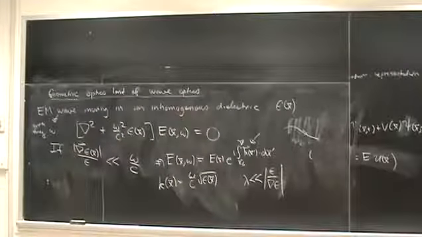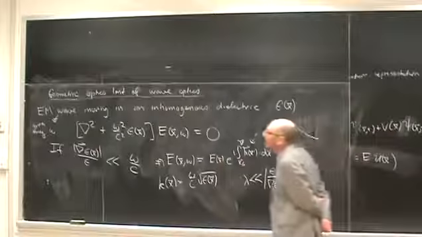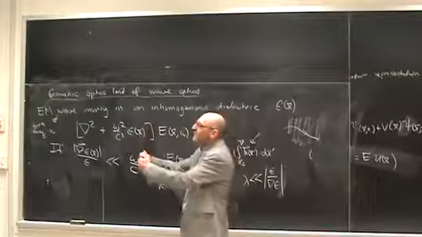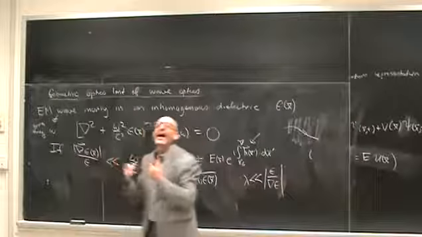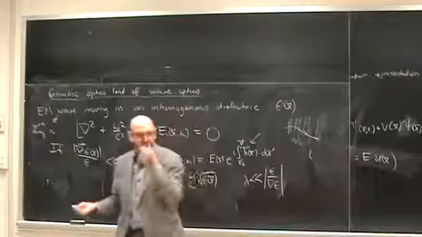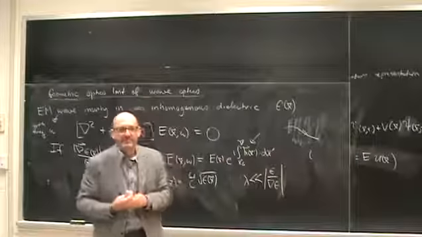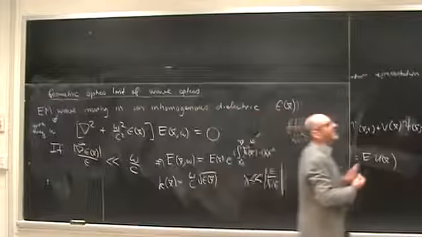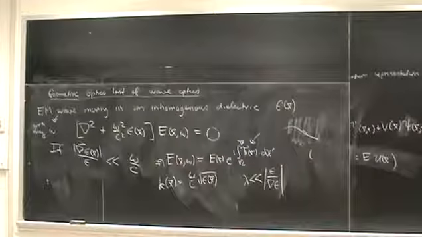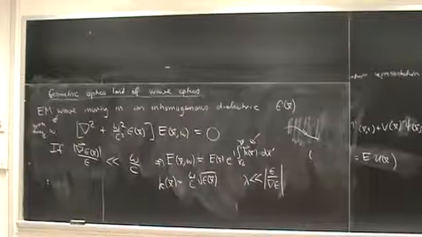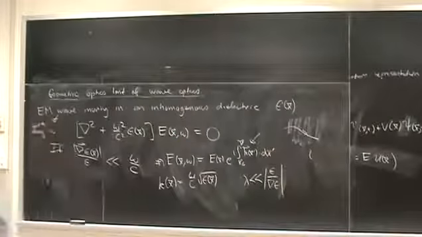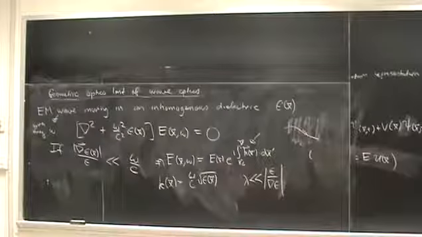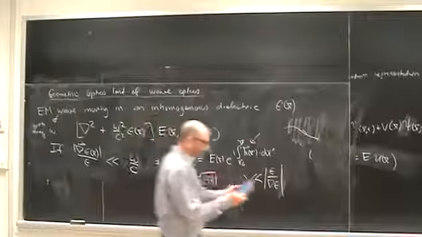So the upshot of all of this is that wave optics is to single particle wave mechanics as ray optics is to classical mechanics. Classical mechanics is the ray optics limit of the wave equation. But wait, there's still more. So